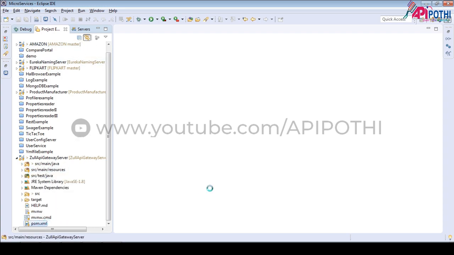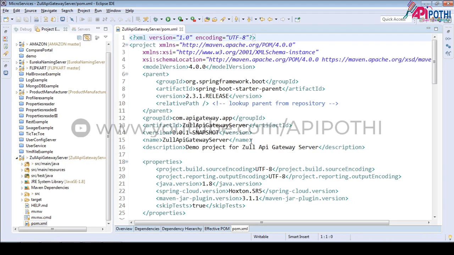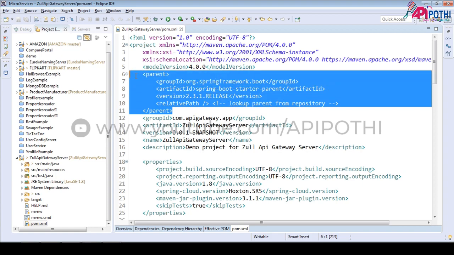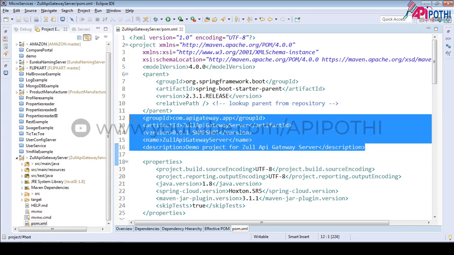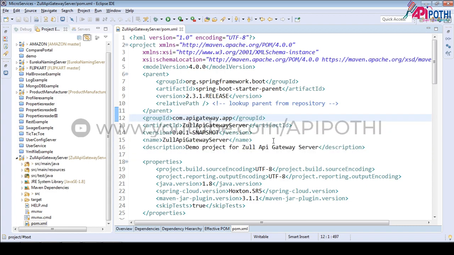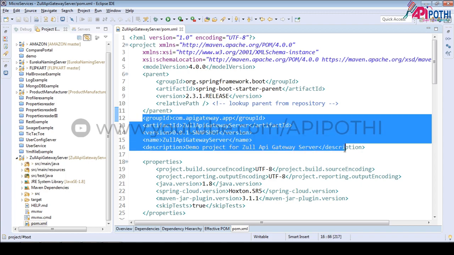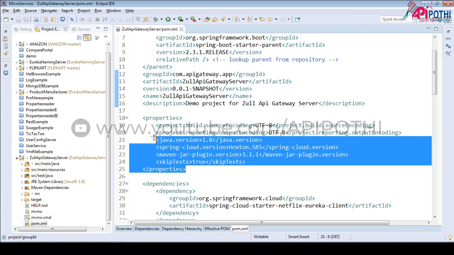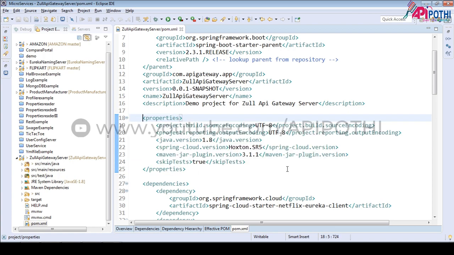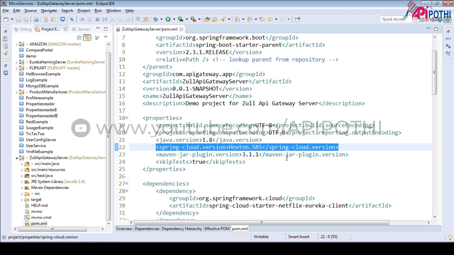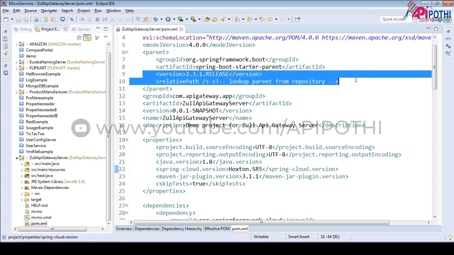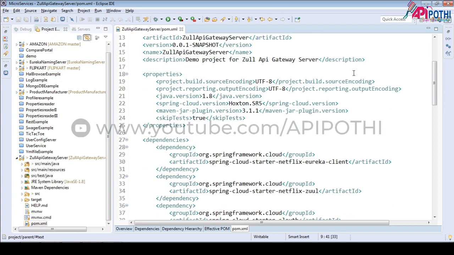The important area is that we first go to the pom.xml and understand what dependencies we need to add in order to develop the API gateway. The first area talks about the parent of the application: name, version, all those things. This area is the group ID, artifact ID. The important one is the properties tag. Important thing to understand is that we are using the Hoxton.SR5 cloud release, which is compatible with Spring Boot 2.3.1